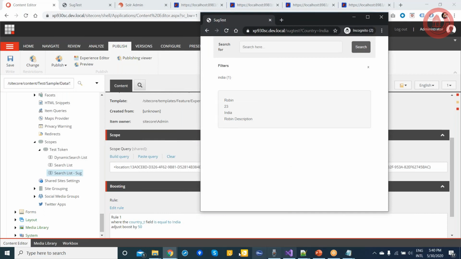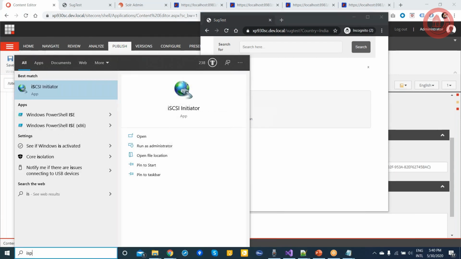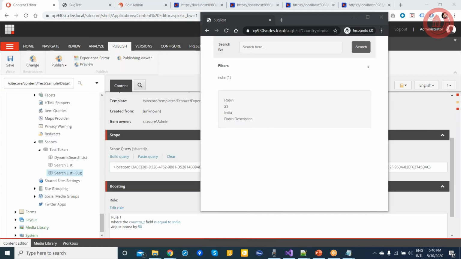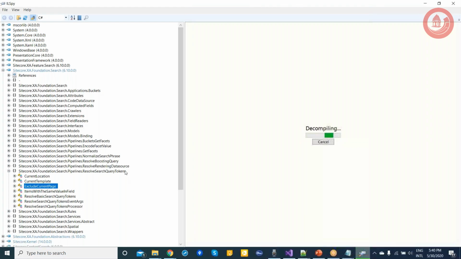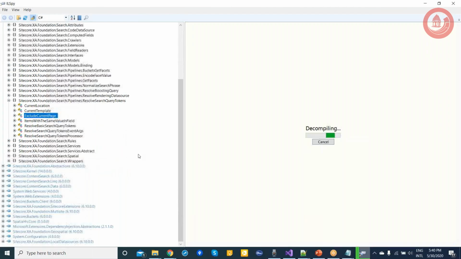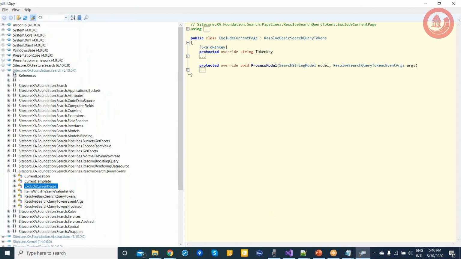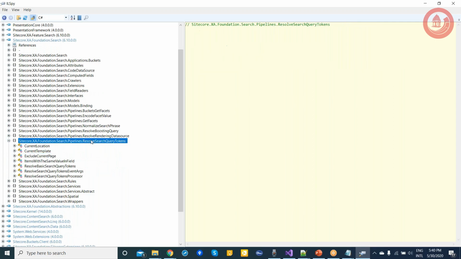These are the out of the box ones, if I can show you. So if you go to SXS search, in the SXS search you can use all these resolve queries.